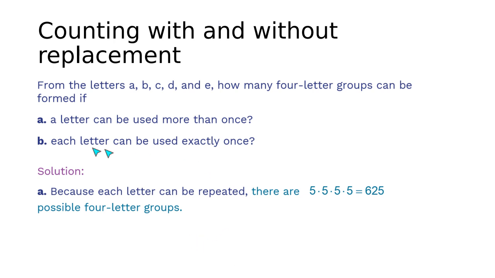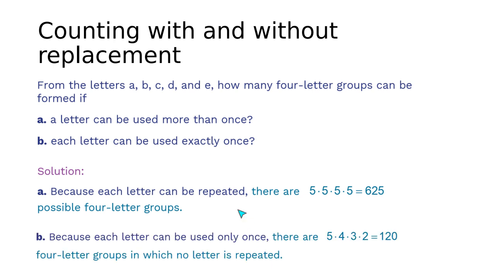What if we can only use the letter exactly once? So let's look at that. So we can only use it once. Then your first position, you would have a choice from A, B, C, D, E. So that's 5 choices. But let's say that you use A, then you're left with B, C, D, or E